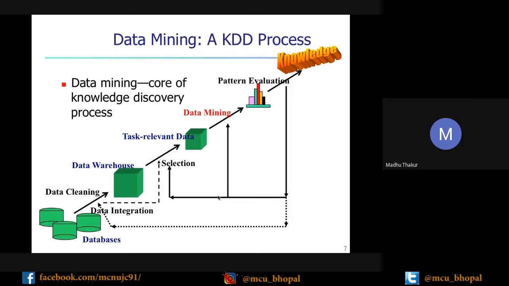Either you can select only the relevant features from the data, or you can use compression, which is one form of data reduction, or you can represent the data in another form that is called numerosity reduction. You are not cutting the data, you are just representing it in a smaller form.